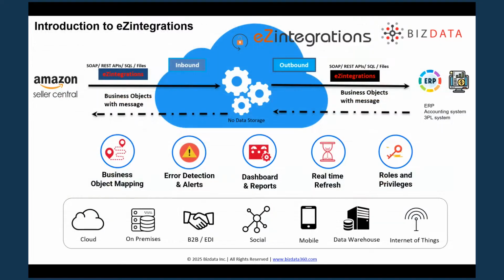Okay, so introduction to easy integration. I spoke about easy integration a lot in my previous slides. You might have a doubt about the easy integration platform, what exactly it is. So easy integration is